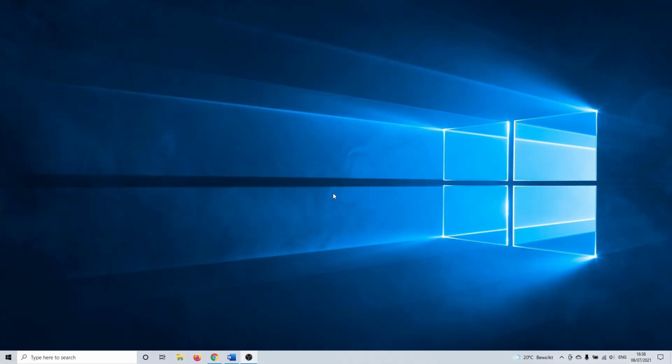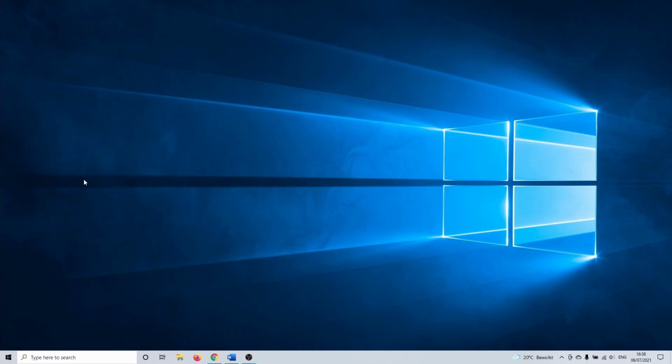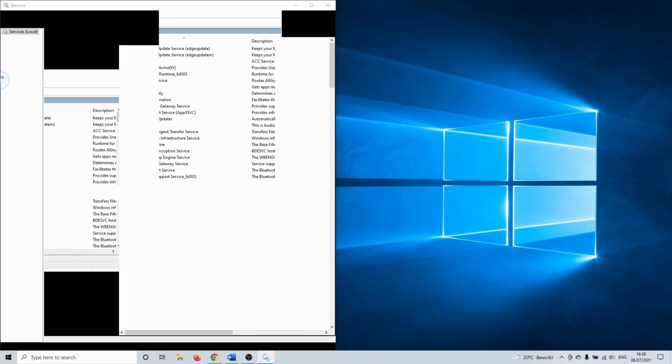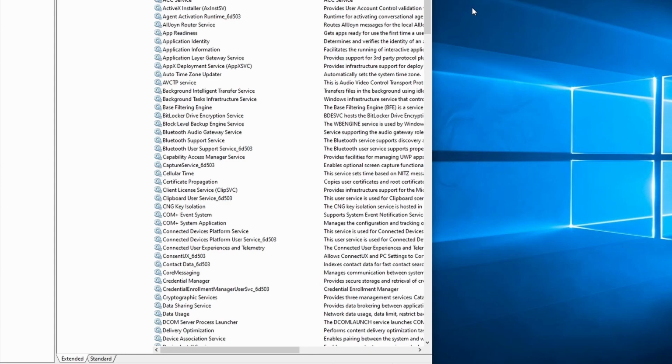In Windows 10 there are quite a few services that affect disk usage and performance. Some of these don't even have anything useful to add. In this method we are going to disable them. To do this, click on the Windows search bar and type in Services. Click on it. The first service that we want to change from automatic to disabled is Connected User Experiences and